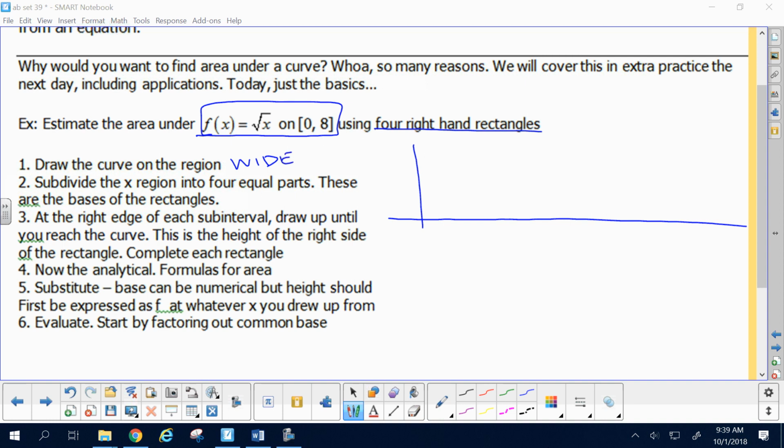Now, if I look at the square root function, it looks like this from 0 to 8. And it continues on forever. 4, 2, 3, 6. Okay? Now, our goal is to really say, what's this